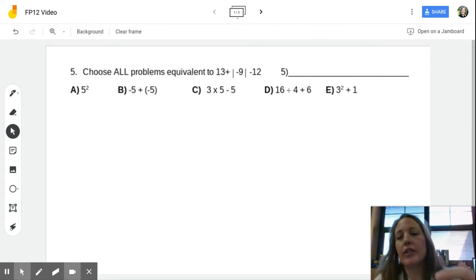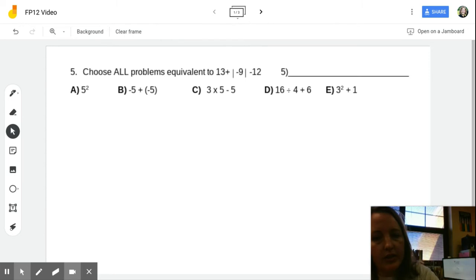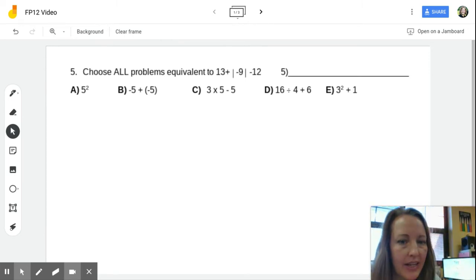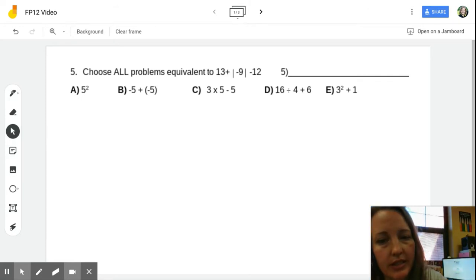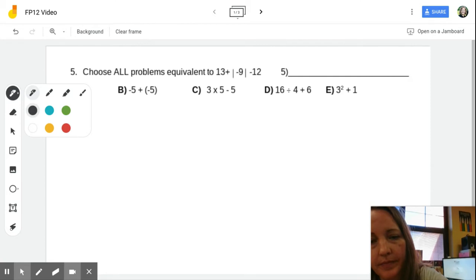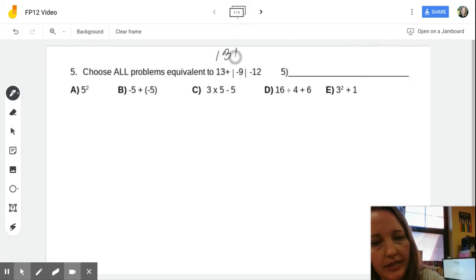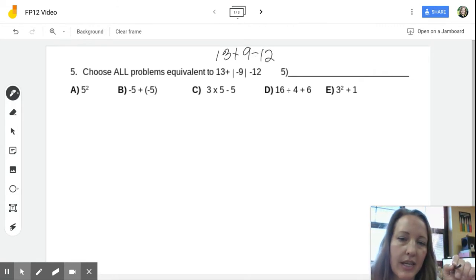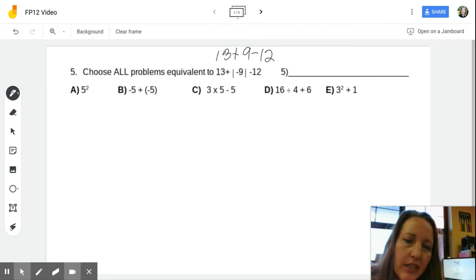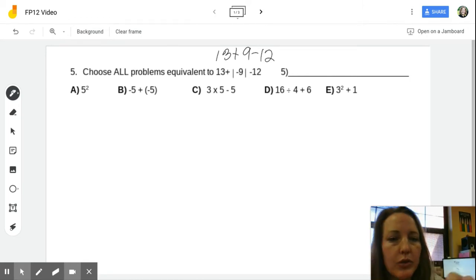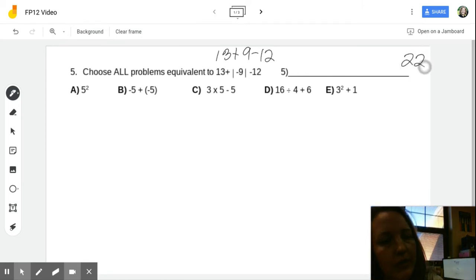All right, so for problem number 5, it says choose all problems equivalent to 13 plus the absolute value of negative 9 minus 12. So first I'm going to evaluate that expression. This is the same as 13 plus 9, because the absolute value of negative 9 is 9, minus 12. So let's go from left to right. 13 plus 9. 13 plus 10 is 23. Minus 1 is 22. So 22 minus 12,